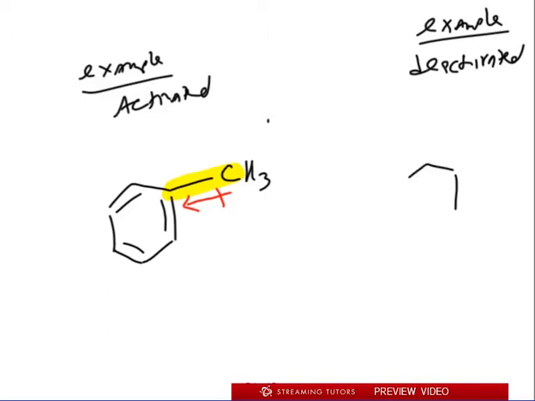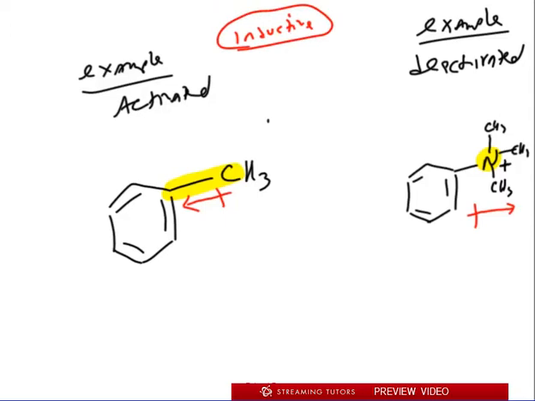Here's an example where it wouldn't help out. So imagine if, let's say, we have a benzene and there's a nitrogen, and this nitrogen has something on it 3 times. So let's say it has methyl 3 times on it. Now, this nitrogen is positive. That's the point. This is positive, right? And now, in this case, since it's more electronegative than carbon, it's going to pull electrons away from benzene. It's not going to help benzene out. So this is deactivating the benzene, and it's doing it inductively, right? In both cases, this is inductive influence. It's through the single bond. It's not through resonance, it's through inductivity. It turns out that there are